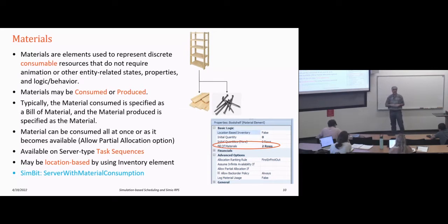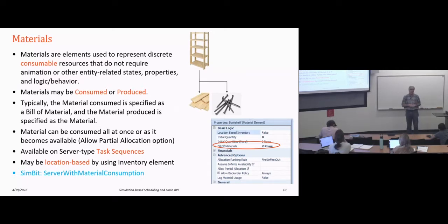Okay, and that happens in the constraint logic element, which we applied at the transfer node so that we wouldn't transfer to the server. Even though we could transfer them to the server and have the material constraint block there, we used the constraint logic element so that it would block at the transfer node so that it would let other entities that don't have that material constraint pass.